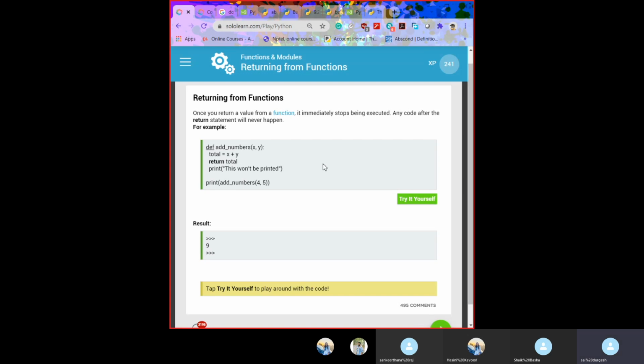The instruction given after a return won't be printed, because execution completes only up to the return, and it returns the value and goes back to the variable for which the arguments are defined.